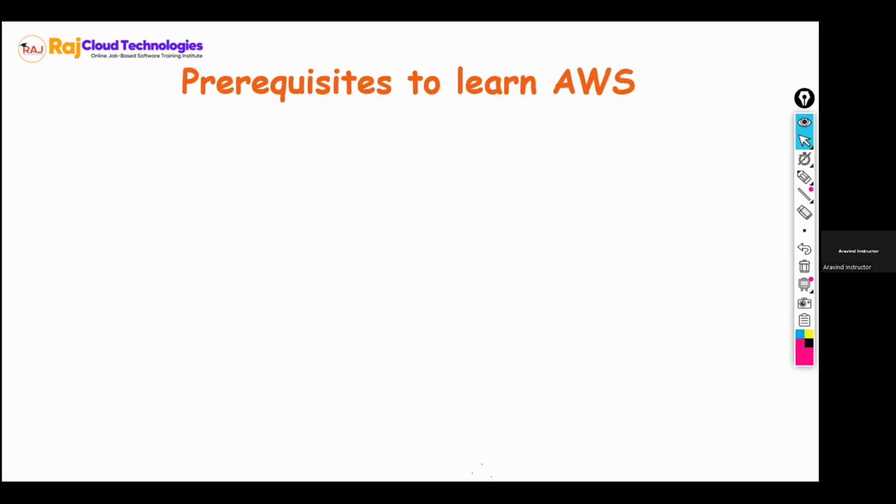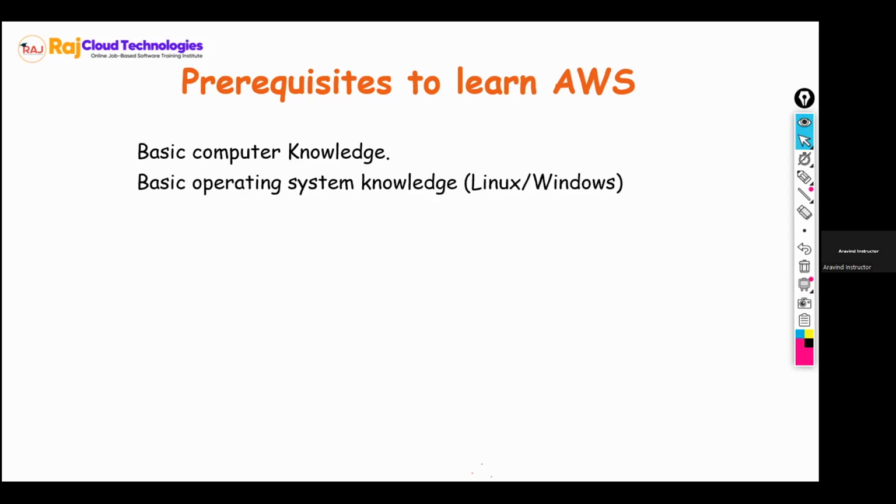Next, prerequisites to learn AWS. Okay, fine. I want to learn AWS. But what else is required before learning AWS? You should have basic computer knowledge. If you have basic computer knowledge, that is sufficient. Along with that, you need to know basic Linux commands.